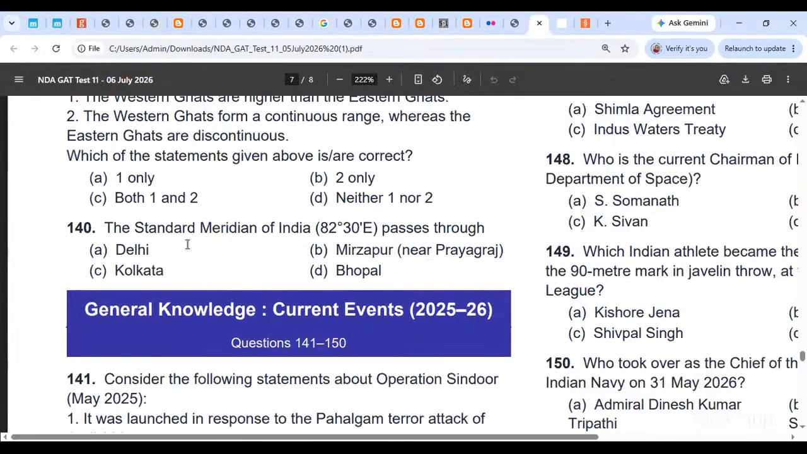Last question of the day: the standard meridian of India passes through Delhi, Kolkata, Mirzapur, Bhopal. The answer for this is very obvious. It's going to be Mirzapur near Prayagraj. Okay, the trick to remember the